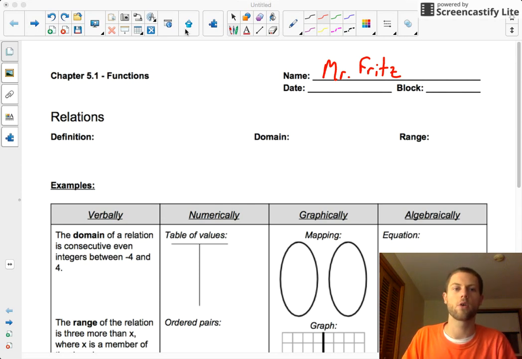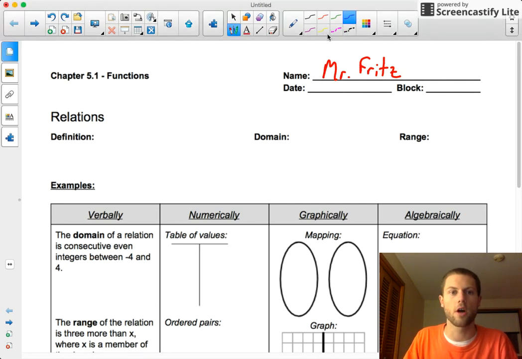In this video we are going to talk about functions, so you should have your notes in front of you and follow along with me here. Anything I jot down, consider it part of your notes here. So let's get started. We're going to talk about functions and what they are, what they aren't, but first we